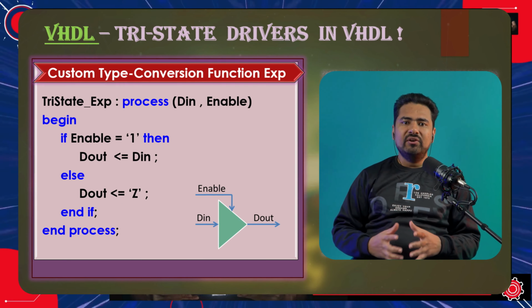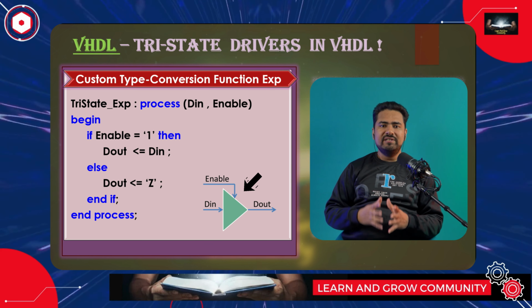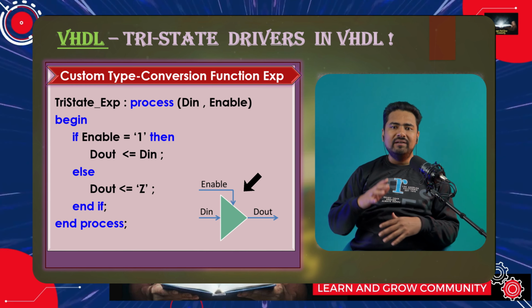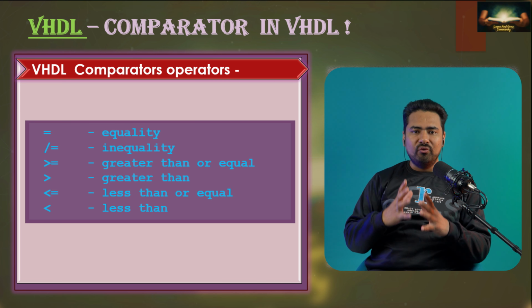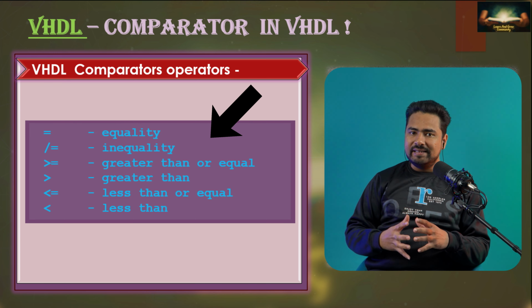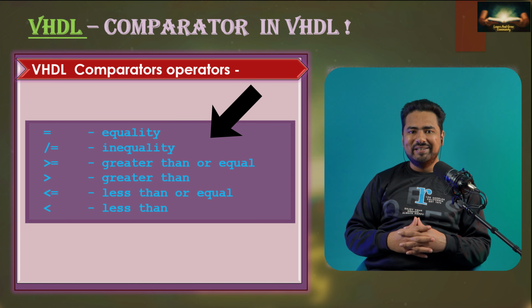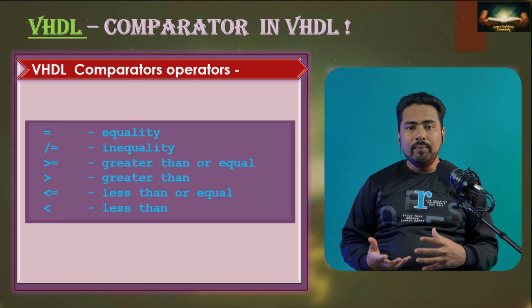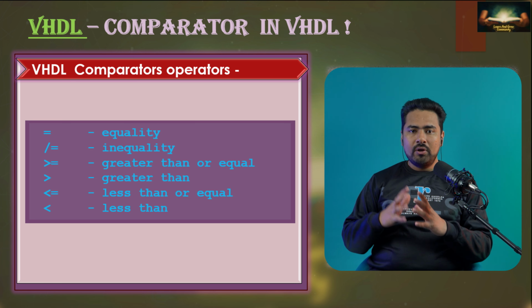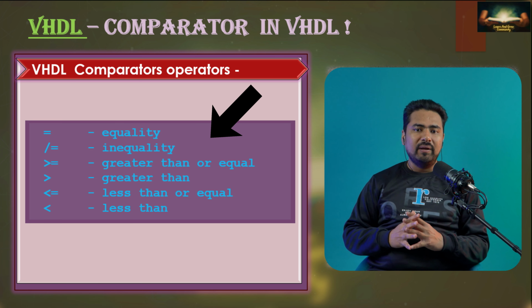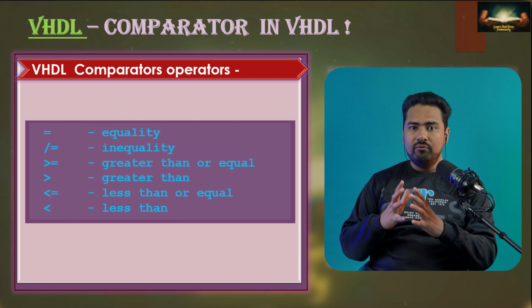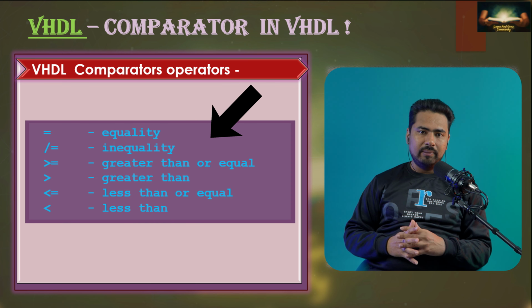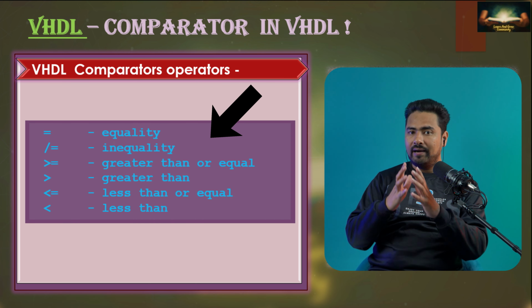Hi, in the last session, we talked about tri-state drivers in VHDL and we learned how they work in FPGA design. Now let's talk about VHDL comparators and see how to use comparators in VHDL. Comparators are equally important in digital system designs because you will use them for decision making on different signals and values. So, in this section, we will learn how to use them effectively to enhance the functionality and efficiency of